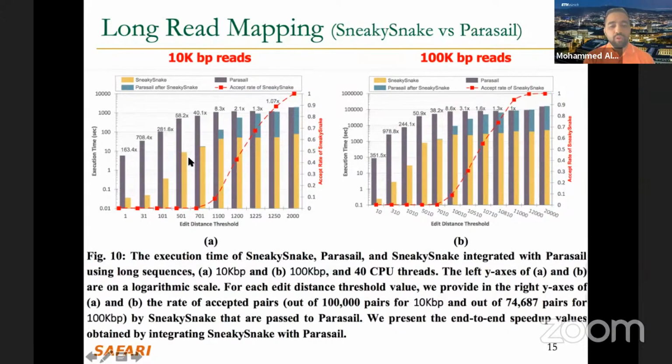Just running SneakySnake alone and running Parasail alone, you get these plots. And now, if you go to SneakySnake, you get the accepted pairs, and you try to run Parasail on only the accepted pairs, you'll